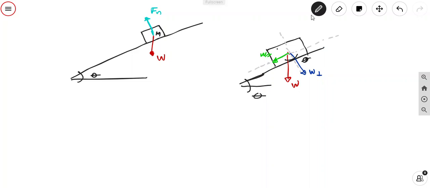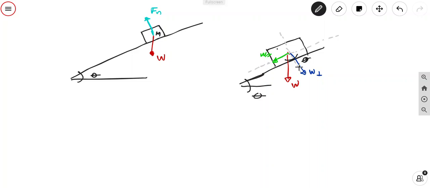Now let's calculate the magnitude of W perpendicular, the perpendicular component of the weight, and the magnitude of the parallel component of the weight. If we assume that we have here a right triangle, then the perpendicular component of the weight